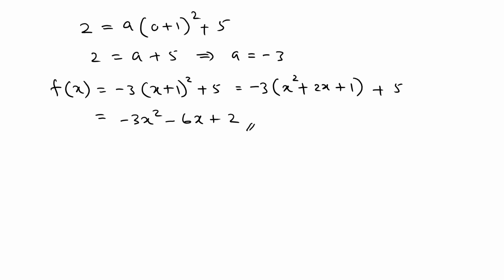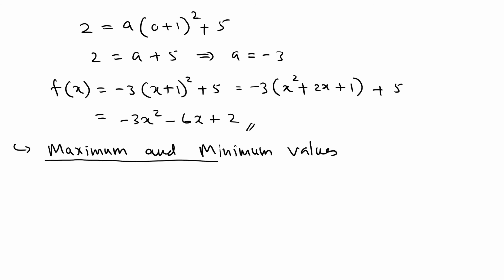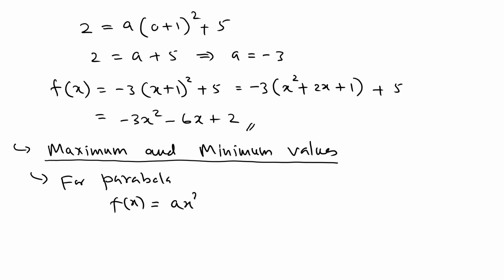Okay, so let's try to do one last problem. This is just a brief treatment, because one of the great applications of this idea is the maximum and minimum values. What we can do is use the vertex argument. Let's recall what we did for the parabola. For the parabola f(x) equals ax squared plus bx plus c,